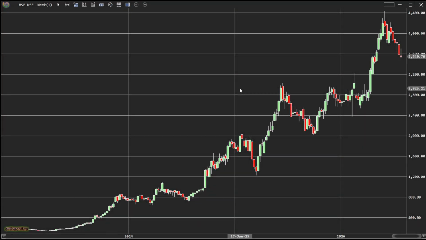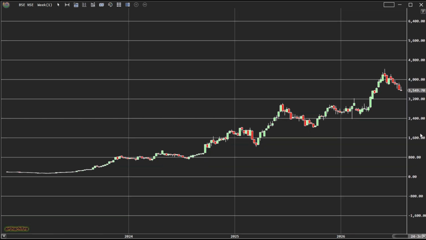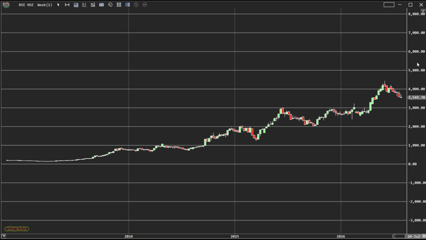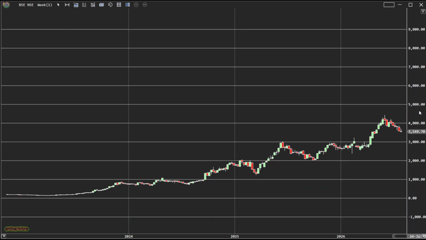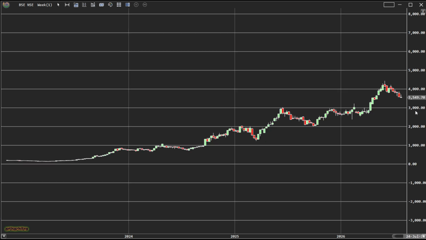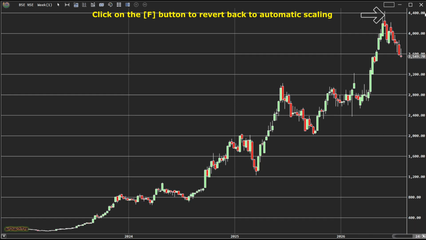OrthoChitru also lets you change the y-axis scale on the fly. Simply press the left mouse button and drag the mouse up or down to zoom in or zoom out. Rotating the mouse wheel over the y-axis will make the chart scroll. Please note, if you change the y-axis scale and want to revert back to automatic scaling, just press the fixed button on the y-axis.